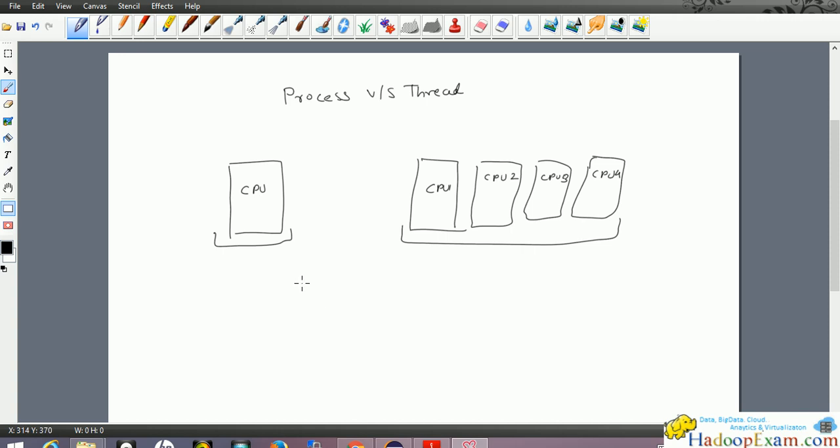Whenever you launch a JVM, what exactly does it do? It creates a process. A process is like a Unix box process; you can see Microsoft Office is one process. Similarly, Java is one process entirely.